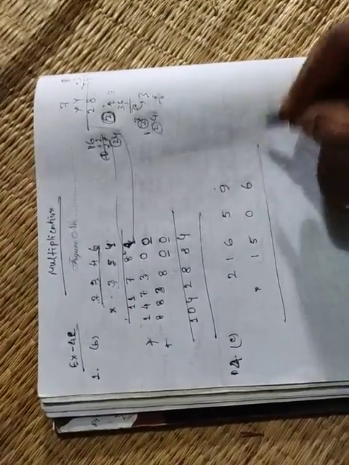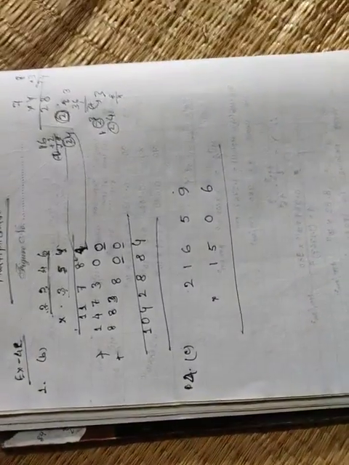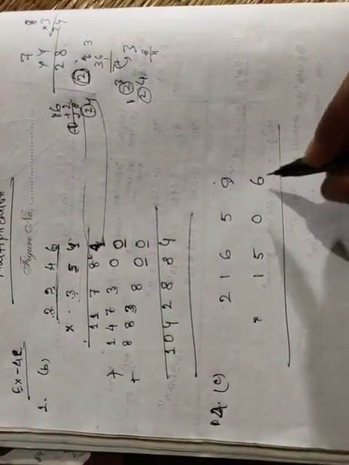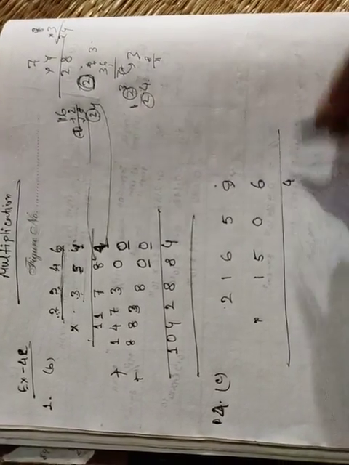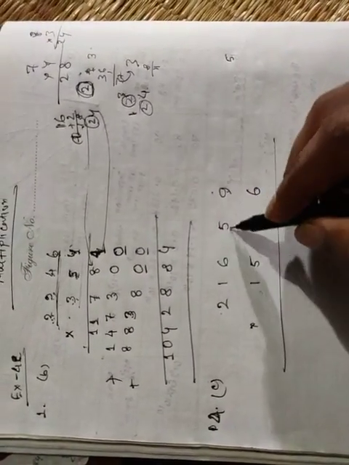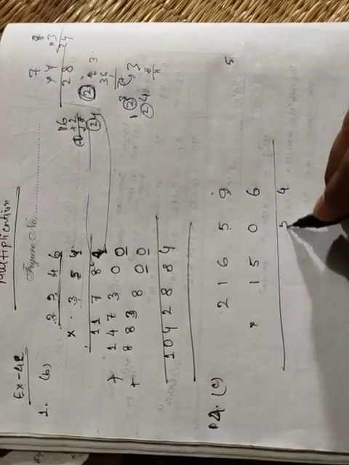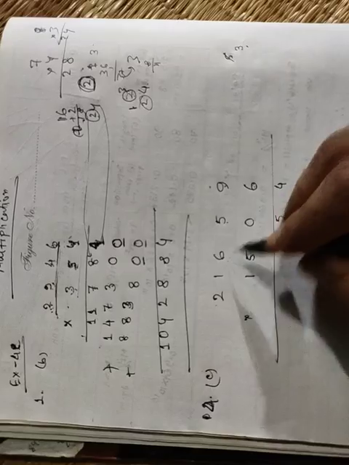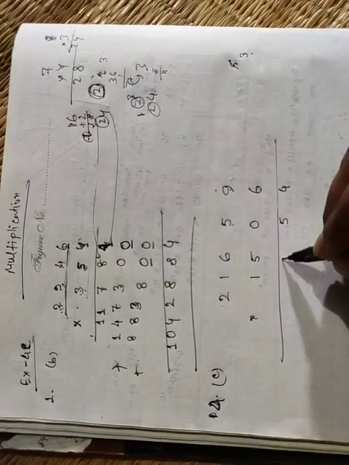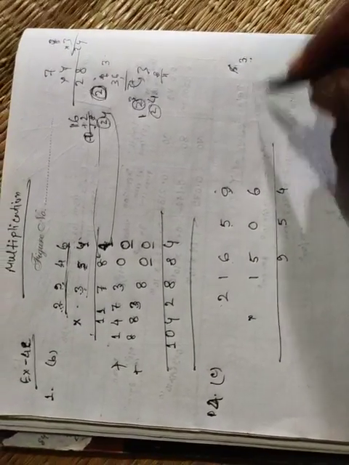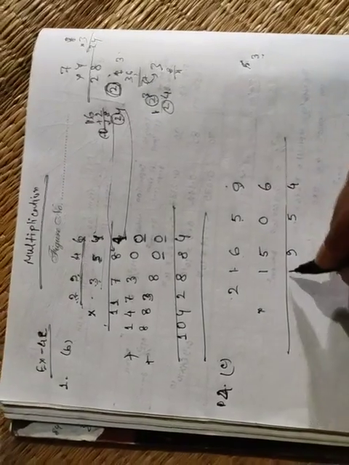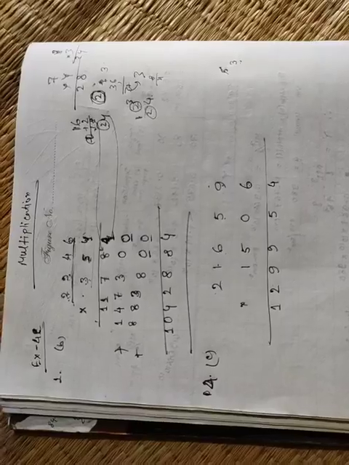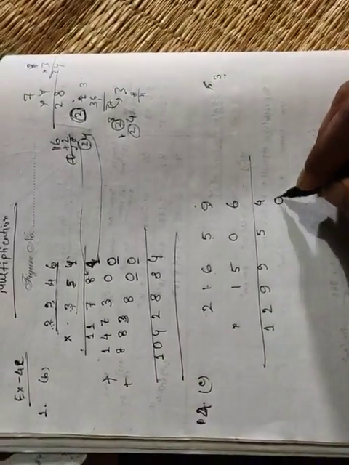Okay. Do the multiplication. Same process. 6 9s are 54, so 4 will be here, 5 will be carry. 6 5s are 30, 30 plus 5 is 35, 5 here, 3 will be carry. 6 6s are 36, 36 and 3 is 39, 9 will be placed here, 3 will be carry again. 6 1s are 6, 6 plus 3 is 9, 6 2s are 12. In the next place I said we have to put one 0.